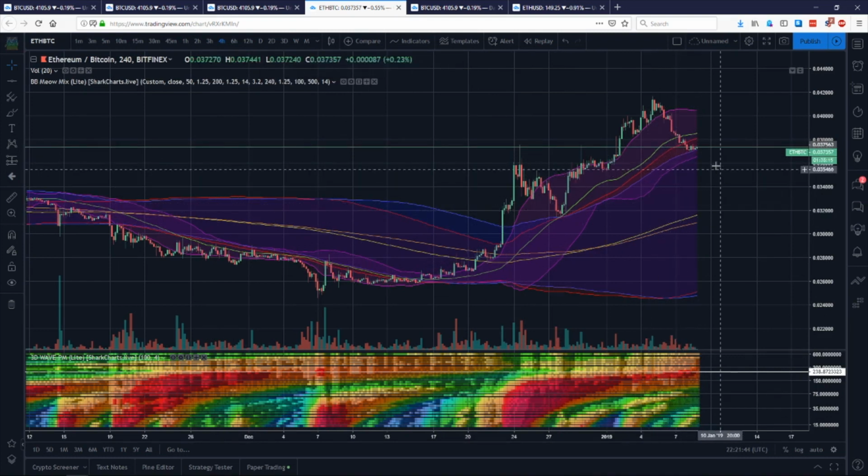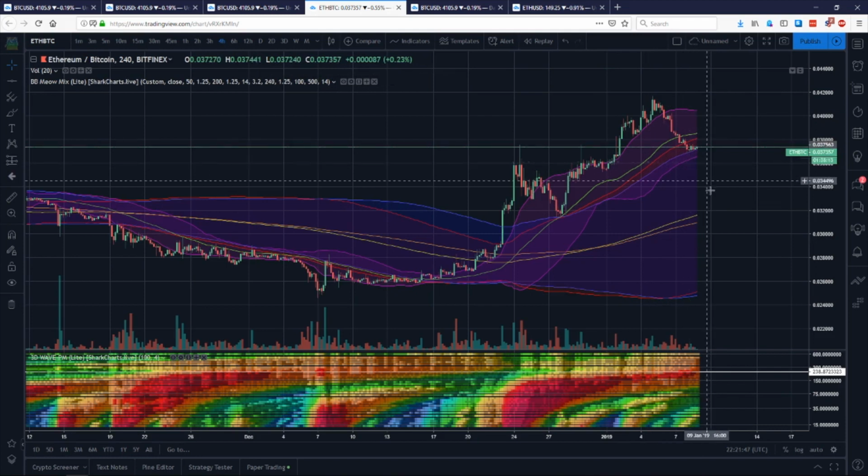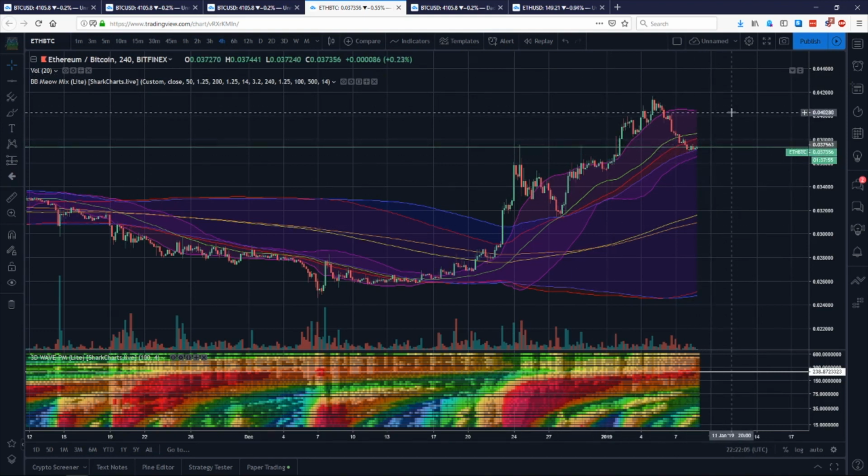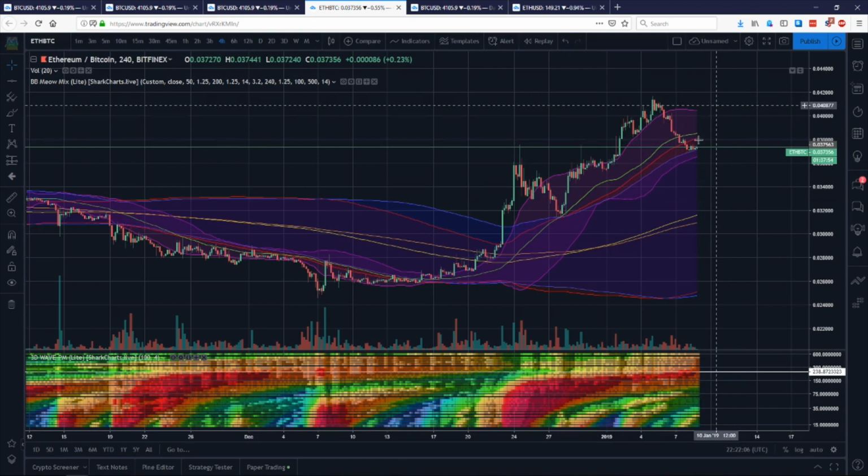So it's not actually broken this period length down to do a mean reversion. And you might reasonably predict then that it will bounce up. How far it gets, whether it can actually sustain a trend, is a different question, but you would reasonably say that the risk reward is going to be pretty good if you were to take a